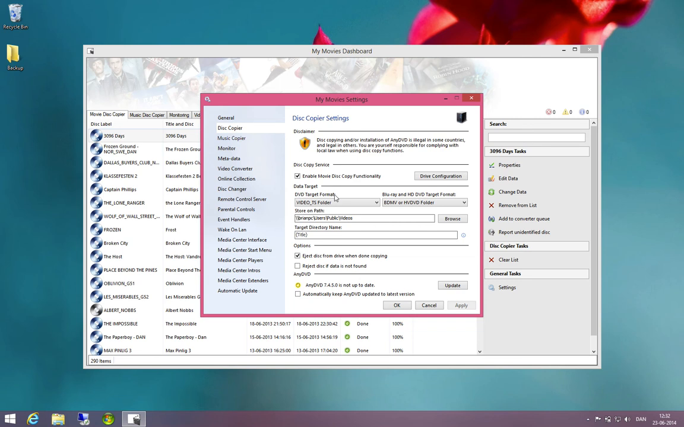Then on the video DVD target format and the Blu-ray target format, I'm going to set both of them to copy directly to the video converter. The video converter is then going to be the one taking care of converting to the MKV format, but since I configure this copier to copy directly to the video converter, there's not going to be any copy of the original disk to another format. It's just going to copy directly to the MKV format. Then I have to select the path to store the files on,